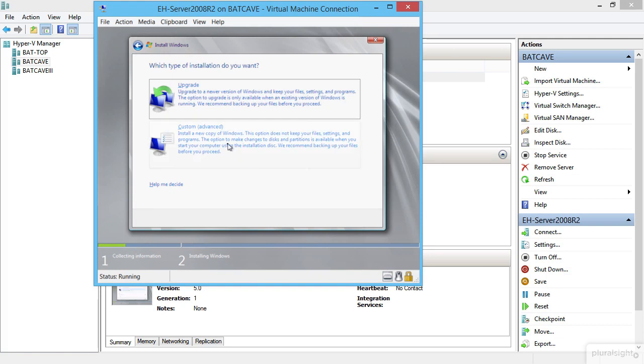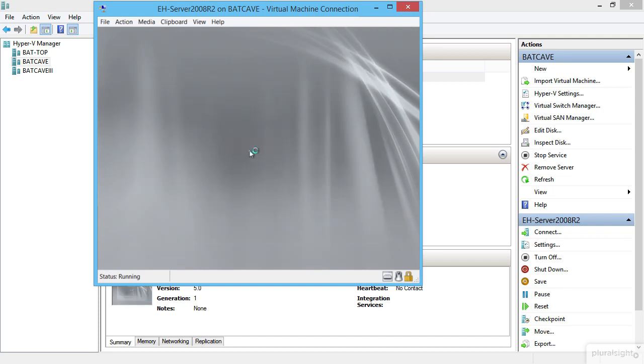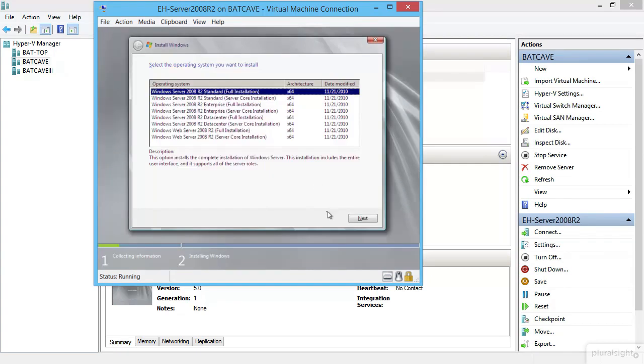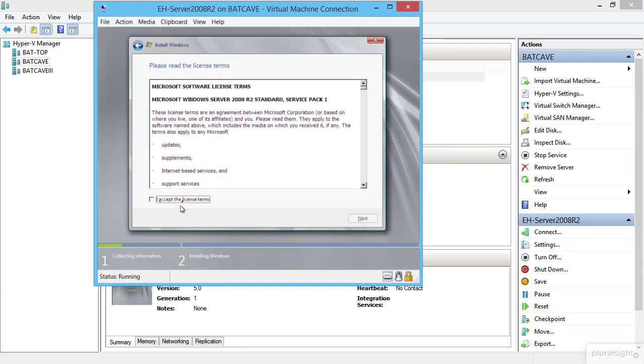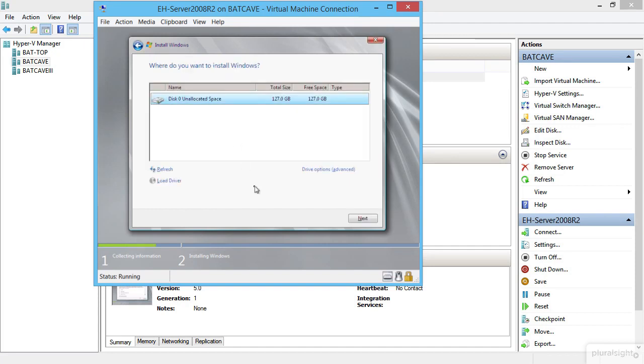I'm going to make sure that I hit, again, a custom install. Again, you can do an upgrade. If you do an upgrade, it just tells you that there's nothing there, so you can't do anything there. So we're going to hit close. We do an install again. Again, we'll hit the full edition, accept the EULA. And I don't know why they have this as a default, but just get in the habit of hitting custom. It picks up the hard drive. Look, see, it's